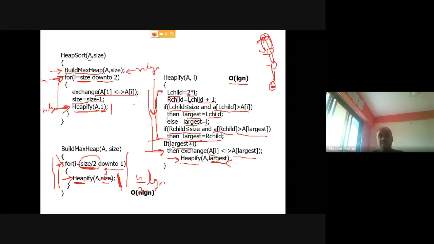So in the best case also, this heapify operation will work for log n times, right? So because of this max heap operation, always this heapify will work log n times, right? It is possible that in a max heap it will not go till the end. It is possible, but it must go somewhere because you have chosen some element from the lowest level and put it at the root.